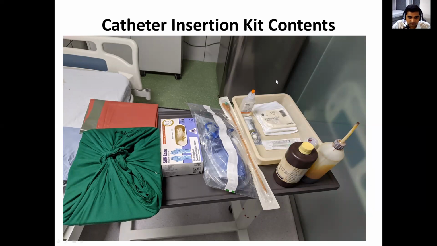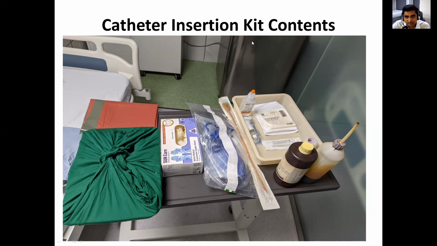So we have to be careful during insertion as well as maintenance as well as removal. All these parts are important parts of the CAUTI bundle. So before proceeding to the insertion of catheter, we have to ask whether we really need the catheter. This is the first step of the CAUTI bundle. If it is really necessary or we can avoid it, we can actually use bladder ultrasound and screen the bladder if it is available at bedside. And many times we can avoid the catheterization if the bladder is not full and the patient is voiding completely. So insert catheter with appropriate indication only and remove it as early as possible.